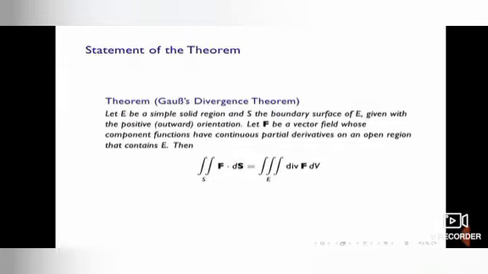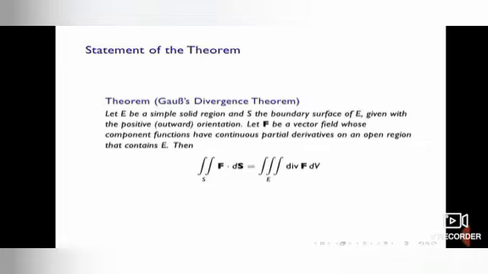Dear students, in this session we are going to see about the Gauss divergence theorem. First, let us see the statement of the theorem. Let E be a simple solid region and S is the boundary surface of E, given with the positive orientation, that is outward orientation. Let F be a vector field whose component functions have continuous partial derivatives on an open region that contains E. That is, if you consider this as the electric flux, then the divergence theorem states that